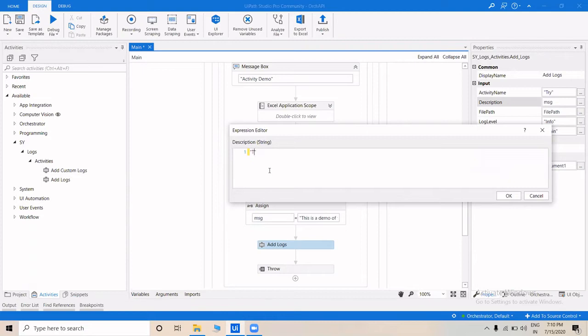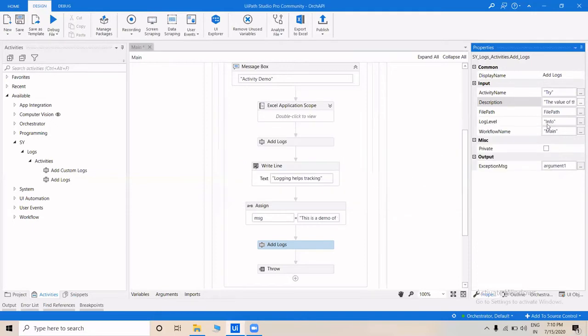I'll type: the value of the variable message is, so whatever value this variable has, it will be displayed. Similarly, the level is information and then the workflow name.